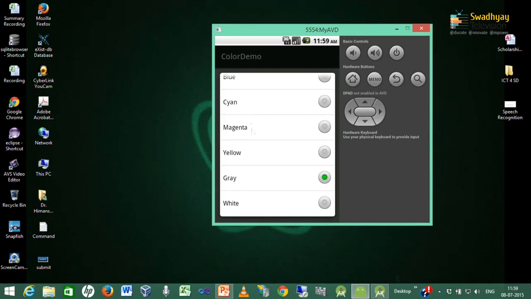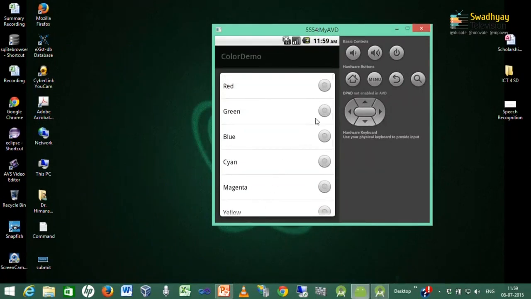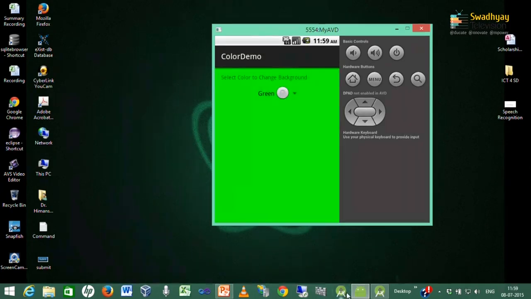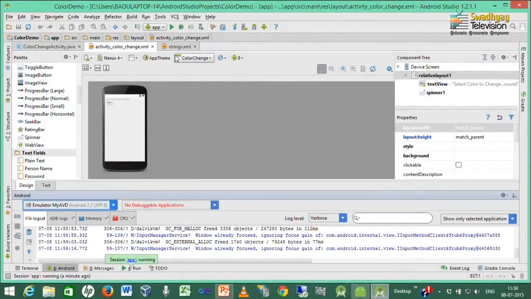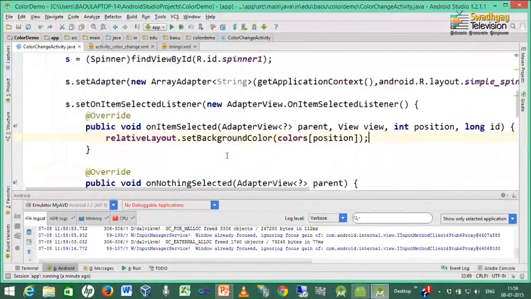when I select the second item, for example green, its position is, red is 0, green is 1, blue is 2, cyan is 3. So, in the position argument we will get 1, and here in code you can see that it takes the color from the respective position.